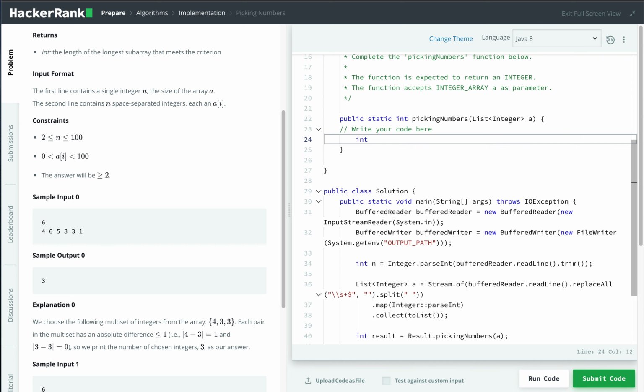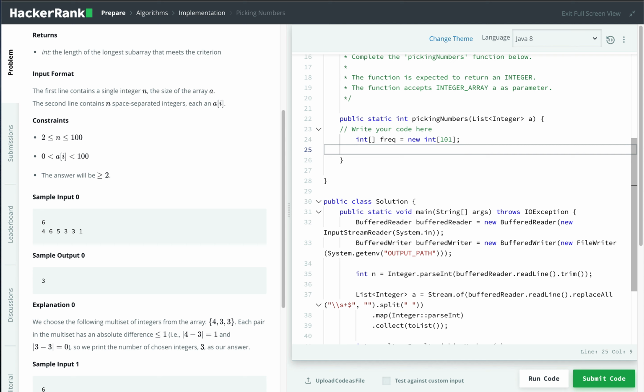We need to create an array of primitive type int that will count the frequency of each number. We put the size as 101 because we know that the values are between 0 and 100. And then we loop over the integers.